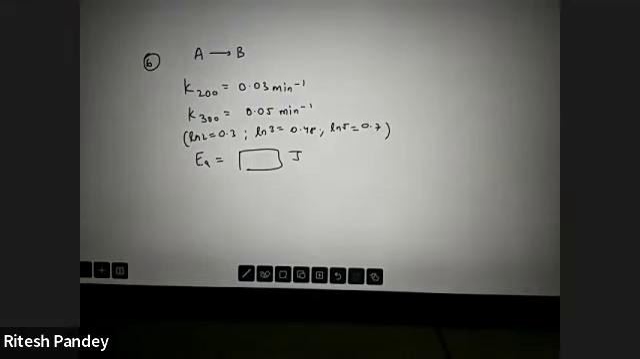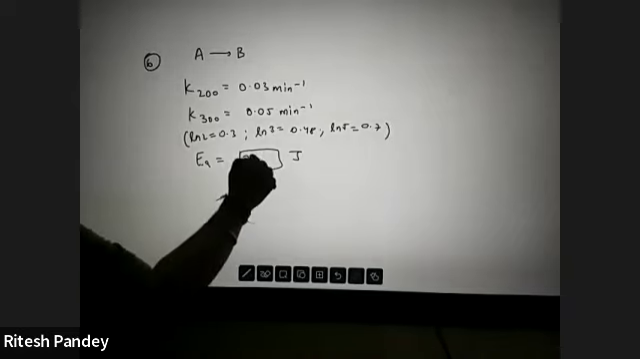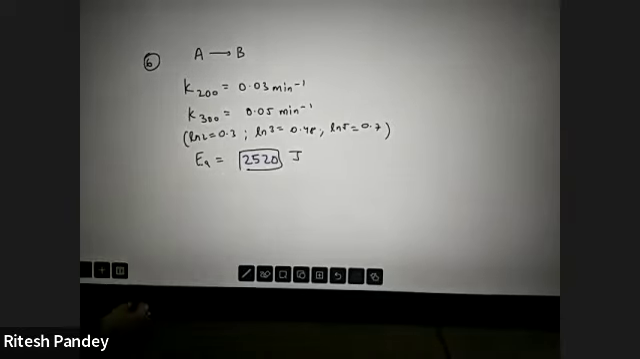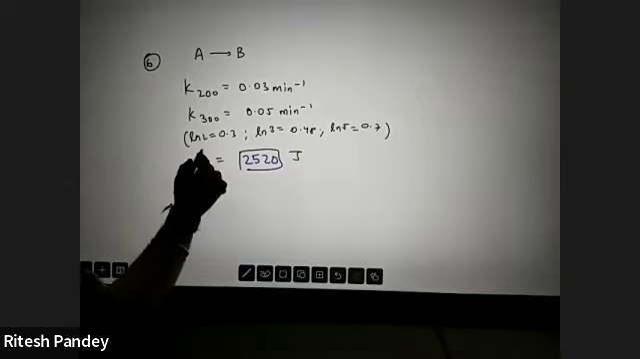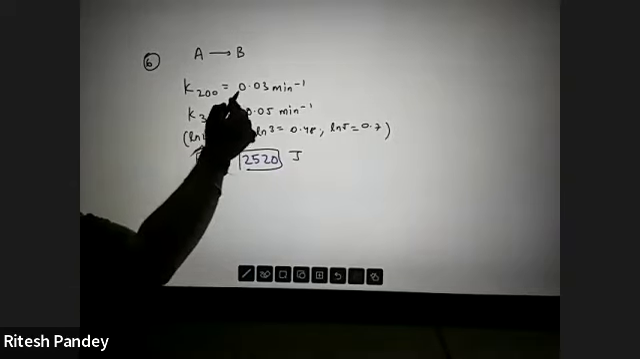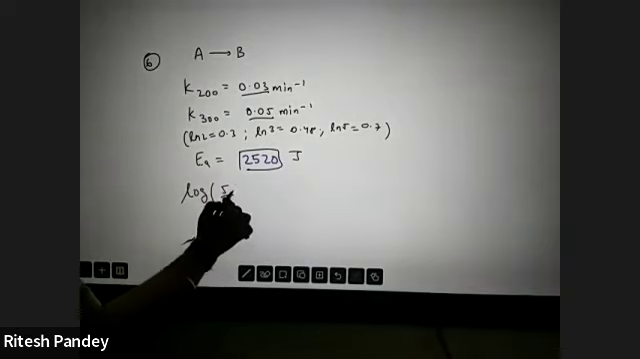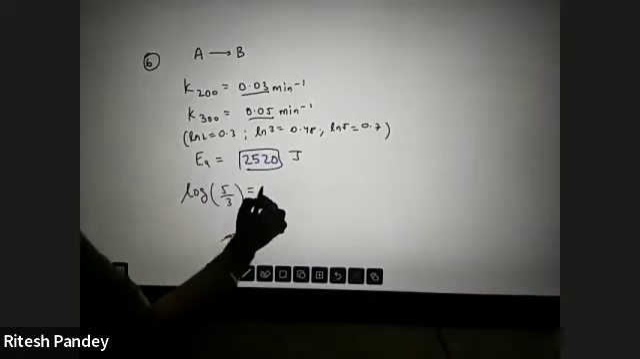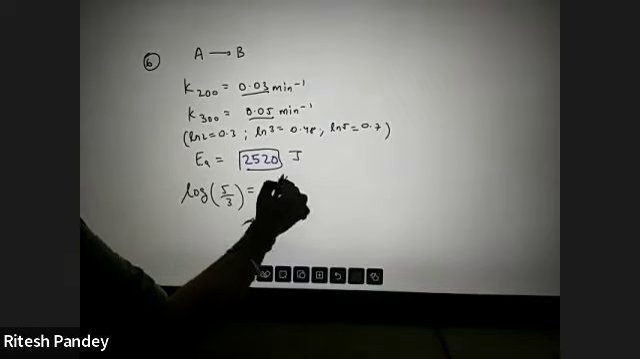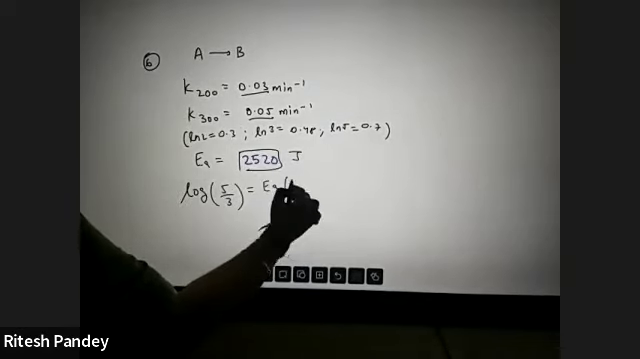Well, what's the common answer? 2520. 2520 is the right answer. I kind of know the answer because I've done it a few times in the past as well. And I need to apply the same good old log K2 by K1. So log K2 by K1 are these values, which are going to be eventually 5 by 3. EA 100,